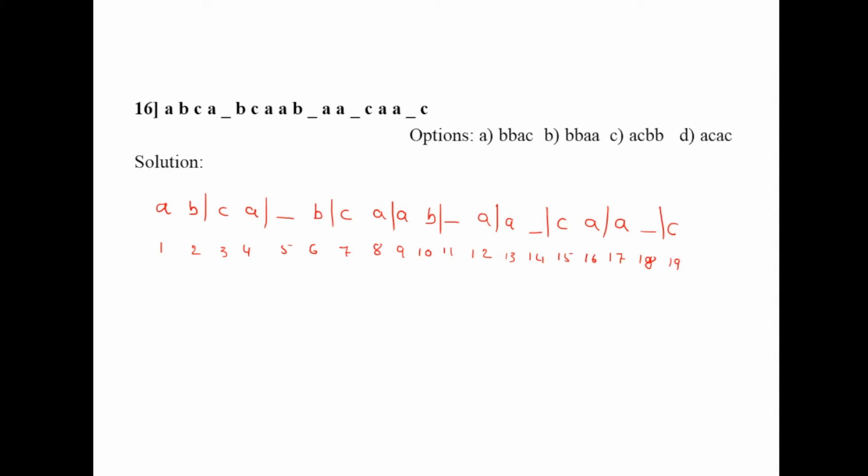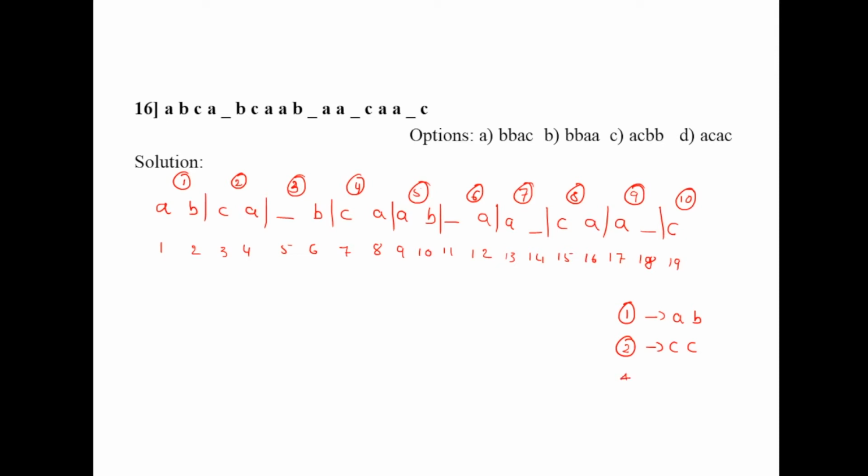So first of all, just see which are all the next groups. Second group, third group, fourth, fifth, sixth, seventh, eighth, ninth, and the 10th. Don't worry about the last group. The sequence before that itself will help you understand the sequence behind this. First one is AB, second group is CA.